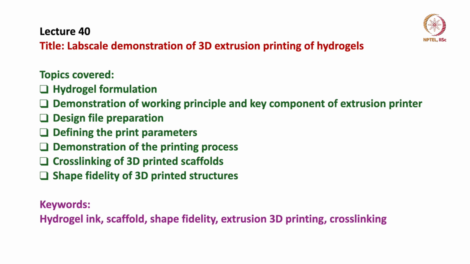The third step involves the description of the key components of the 3D extrusion printing setup that is available at our laboratory. In the fourth step, I'll show you the 3D extrusion printing of hydrogel after setting the required printing parameters. Subsequently, I'll show you the cross-linking mechanism of the 3D printed scaffolds, and when these 3D printed scaffolds are imaged using microcomputed tomography, how the 3D microstructure can be visualized and quantified